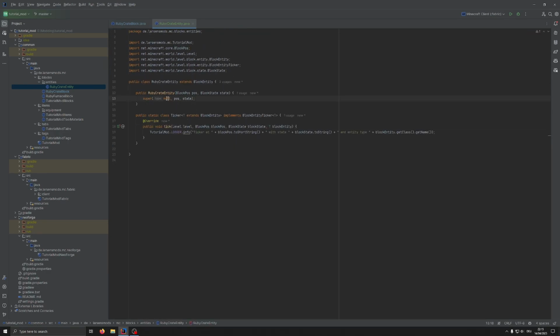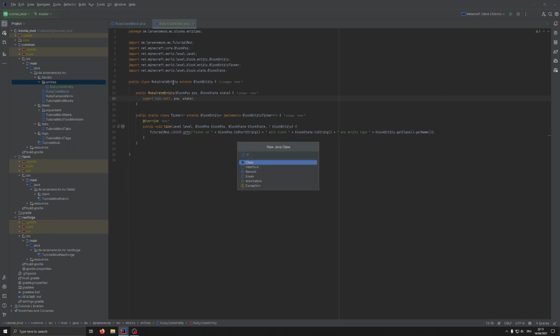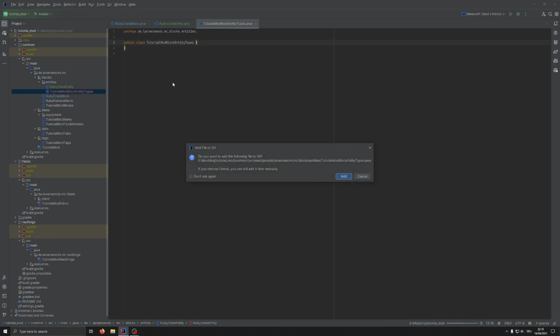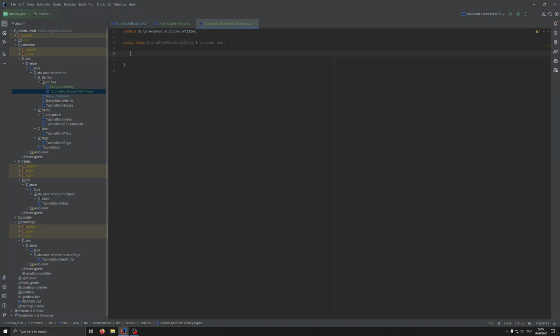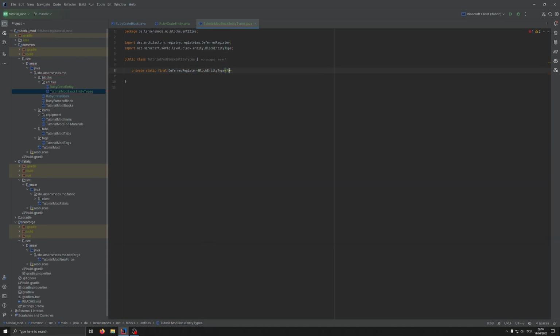But now we still need our block entity type. And for this, we're going to create a new class here and call it TutorialModBlockEntityTypes. Long name, but not the longest we'll write today. And in this class, again, similar to every other class where we register types of stuff, we first need a private static final DeferredRegister for BlockEntityType, question mark. We'll call it BLOCK_ENTITIES,